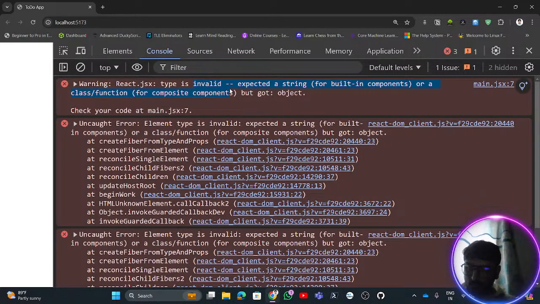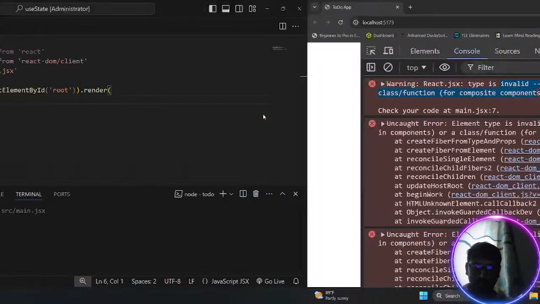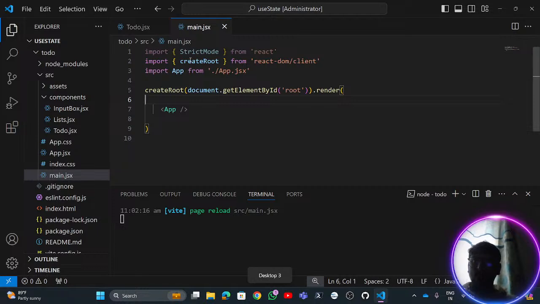We figure it out, this particular thing, where we have to do. Let's check the code again. Okay,